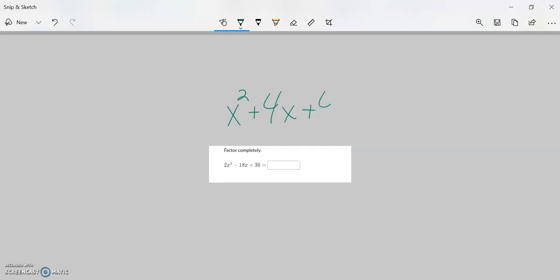4x plus 4. Now, the main difference between this quadratic and this quadratic is the a value. In the last assignment, all of our a values were 1. In this assignment, they're not going to be 1. So we want to get rid of that number in front to make it easier to solve. So the first thing you want to do, which we did in a previous assignment, is factor out a number. Look at this number always first and see if you can divide that number out of all 3 terms, which